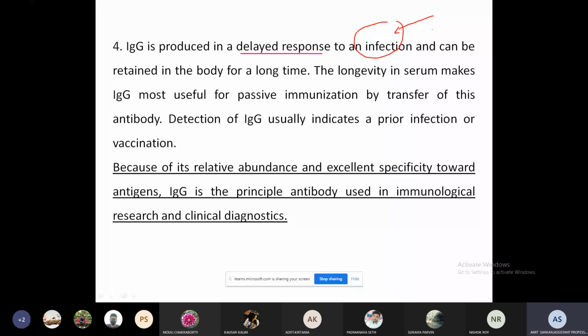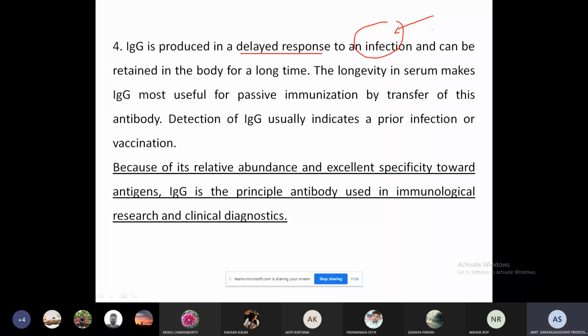But on the brighter side, IgG remains there for a longer period of time. So their shelf life is much longer. The longevity in serum makes IgG the most useful for passive immunization by transfer of this antibody. So once again, whatever antibody we're talking about, we're thinking about whether the antibody is present in the serum or not after the vaccination against COVID, etc. You must have seen it in the newspaper. People are debating about those things. So we're talking about immunoglobulin G, whether it is present in the serum for a long time or not